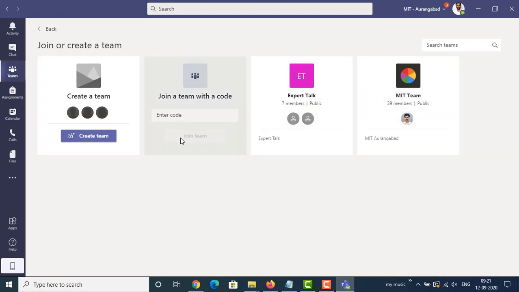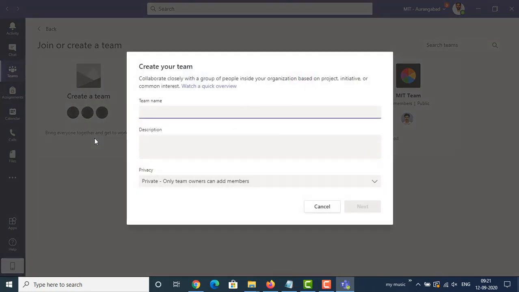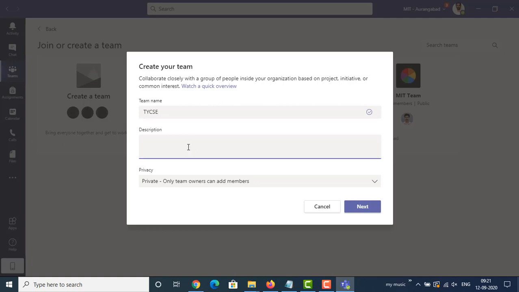To create a team, we can give a meaningful name to our team. For example, TYCSE. So I am creating this particular team of TYCSE students. Okay. Now for the privacy option, we select the appropriate option and click next.